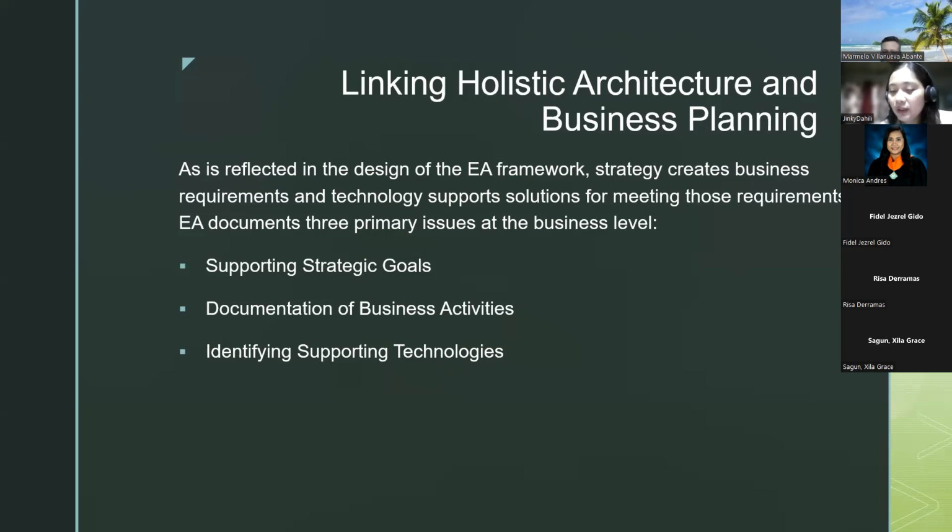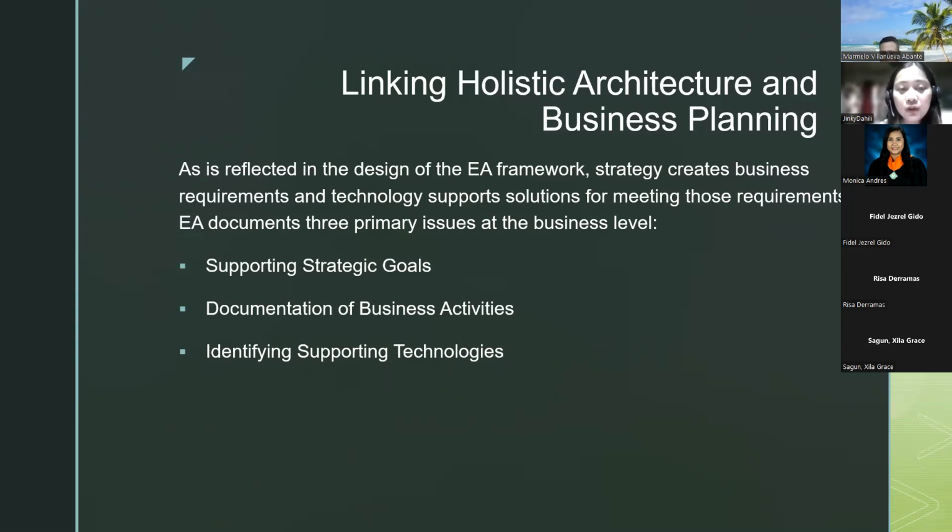And it is important to distinguish in the EA documentation between those directly linked to the strategic initiative and those that provide general support functions for the enterprise.